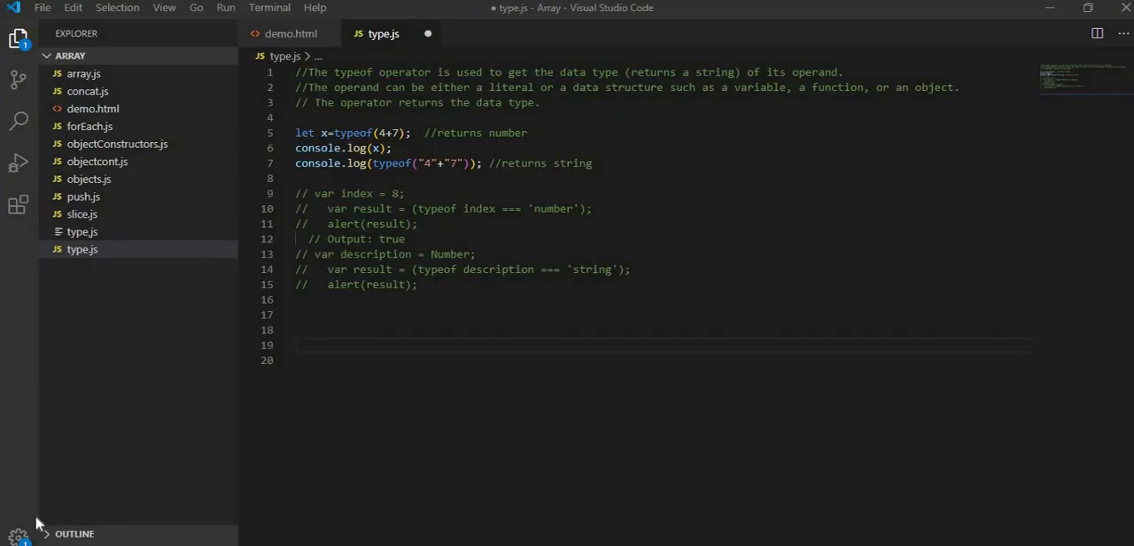In this video, we will discuss typeof. The typeof operator is used to get the data type and returns a string. The operand can either be a literal or a data structure, variable, or function. The operator returns the data type. Like here, I have taken x and in it I have defined the data type of